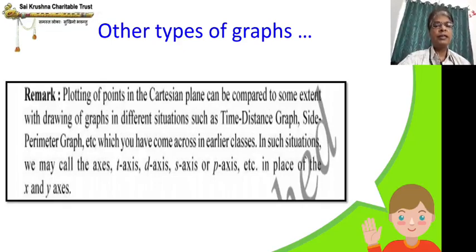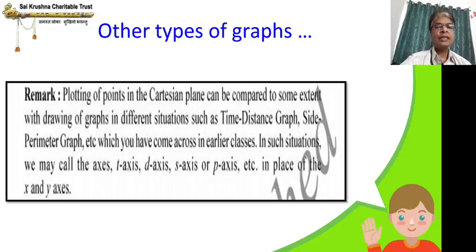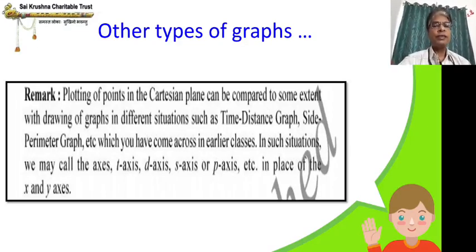See what they are telling here, what is told here is time and distance. You may be knowing that for a given speed, the distance covered for a particular time, you would have seen in the earlier classes. This is one of the practical uses of this type of Cartesian plane, where instead of x and y axis, you will say t axis is x and d axis is y, where time is the dependent, as the time moves, the distance also increases. So you will be able to plot the graph using this.